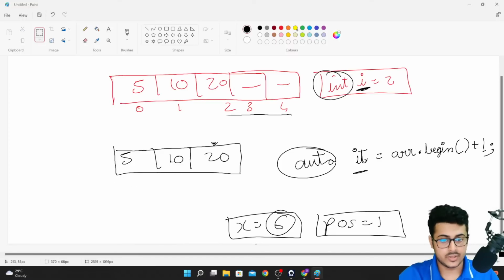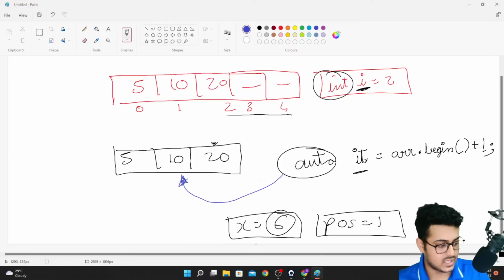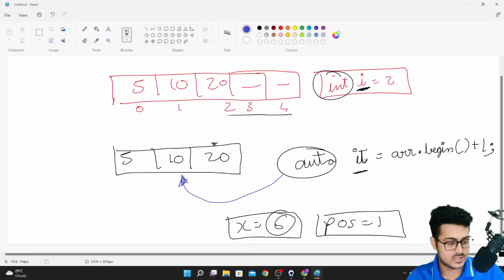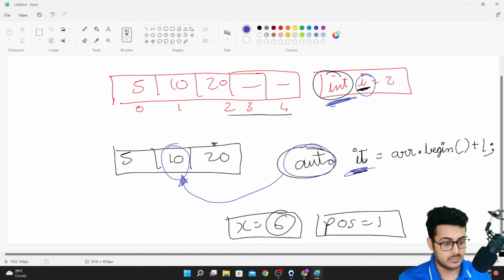So here we are able to create a pointer, and this pointer basically points to this particular element itself. Are you guys able to understand this? Auto is basically just like you are having int for i. Similar to that, for a pointer we are having auto. It's a keyword. As you're able to see, this will create a pointer that points to this particular element. Now to insert an element into the vector itself,